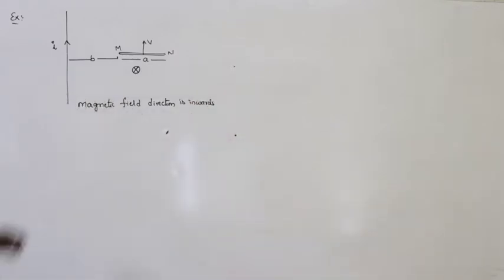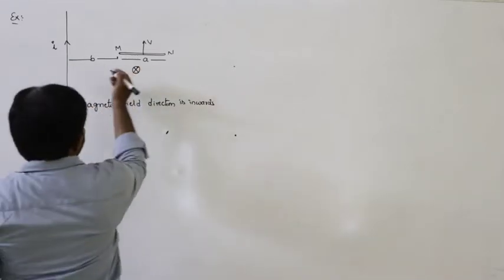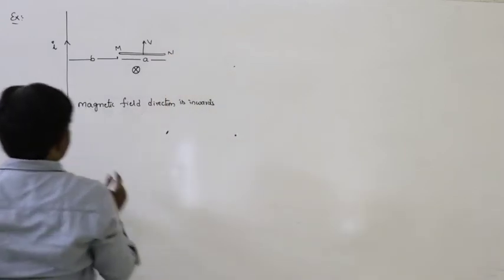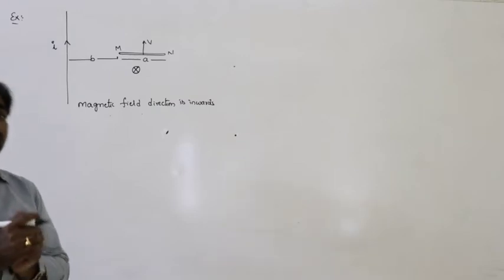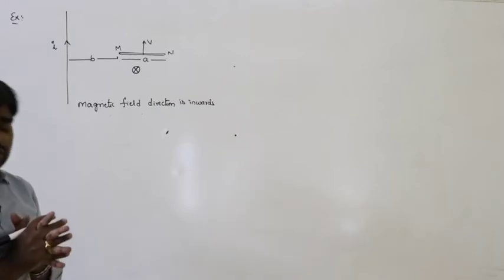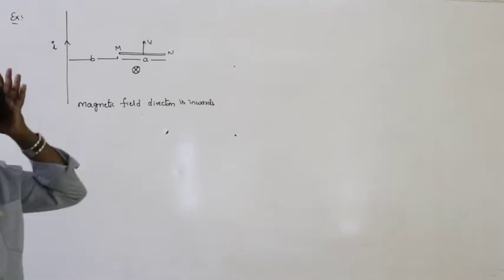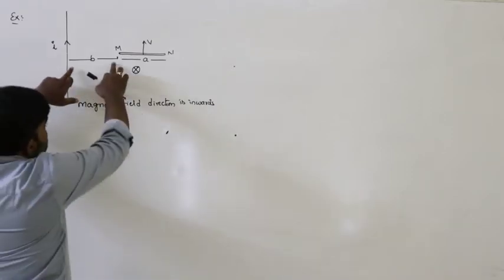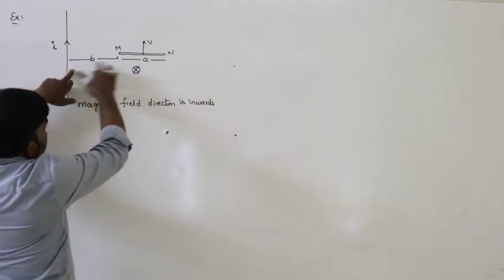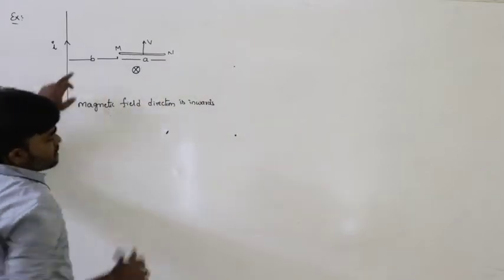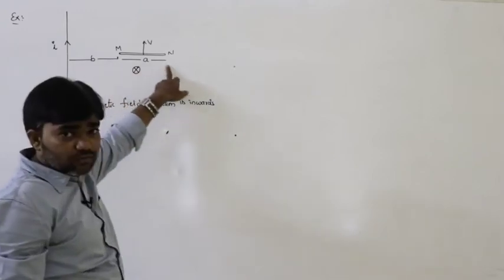So from this position onwards we have to calculate. Let us consider the magnetic field. What is the magnetic field due to the infinite current carrying wire? Generally it is mu naught I by 2 pi r. So what is r? Here the distance varies from b to b plus a. The nearer end is at a distance b, the farther end is at a distance b plus a. So the magnetic field is non-uniform from this end to this end.